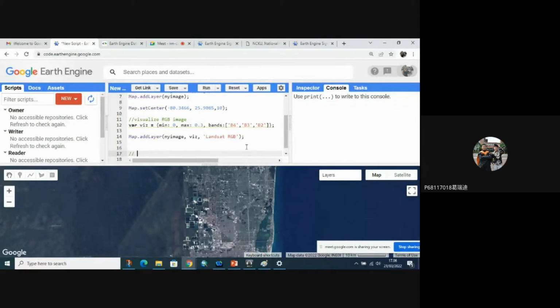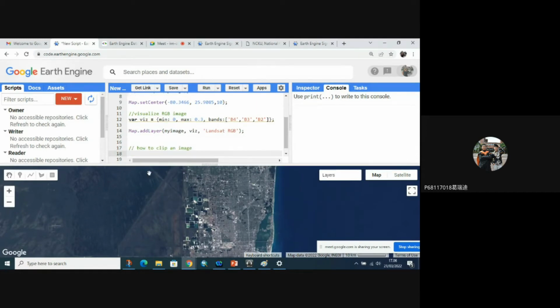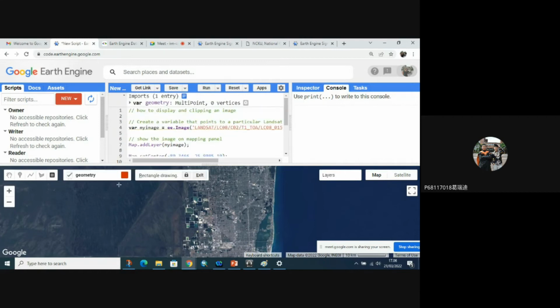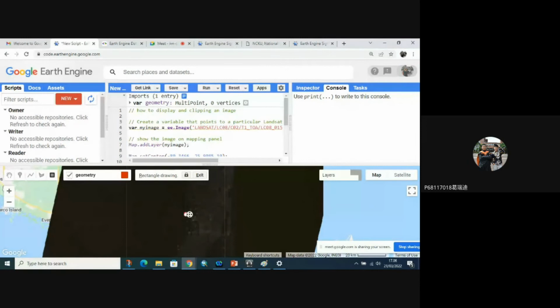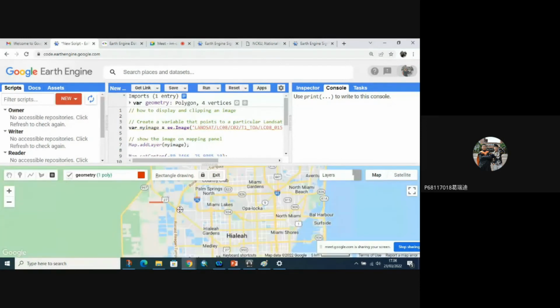And then, how to clip an image. Yeah, how to clip an image is very easy. The first thing you have to do is make a polygon, for example.